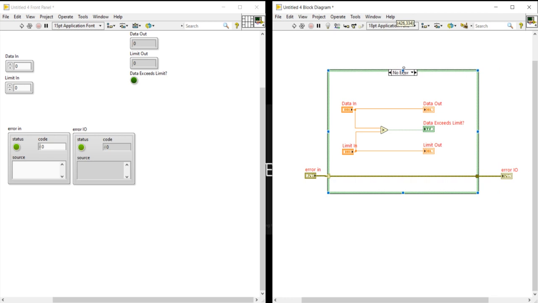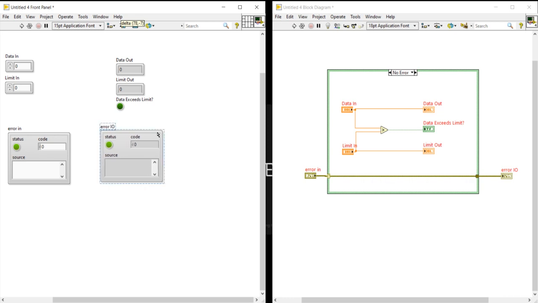Now our program is ready. So for that, 1 2 3 input, 1 2 3 4 output.